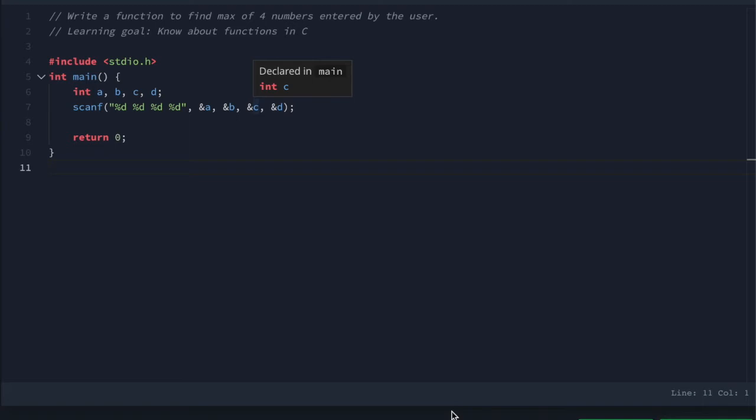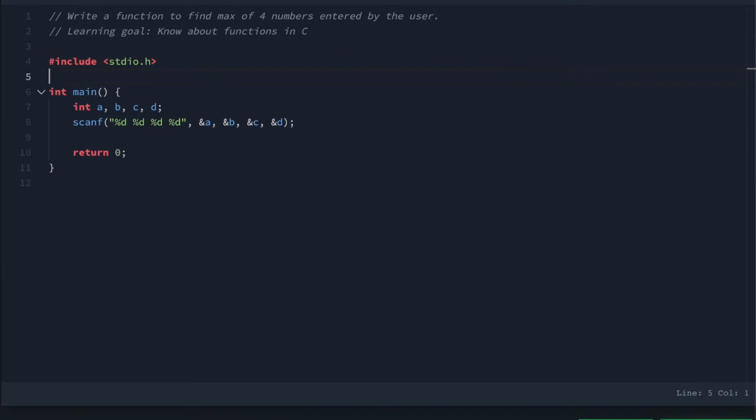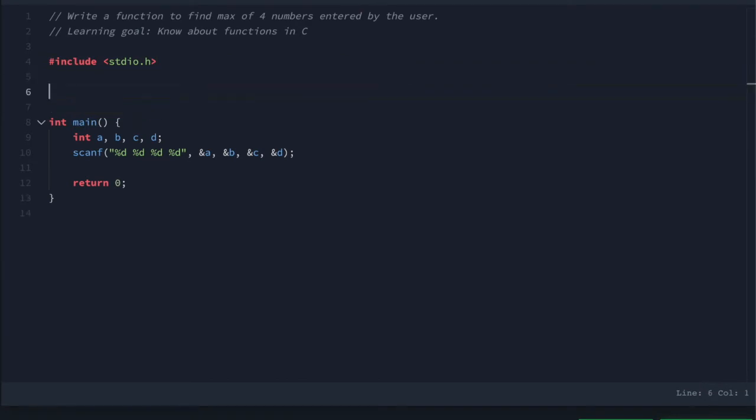So let's go into writing the code, and one after another let's try to understand what functions are, how they are defined, how they are declared, and how they are called from the program. As the problem statement says, you need to write a function to find the max of 4 numbers. The function will obviously return a max number, so that it will be printed in the execution, which we will learn over the course of this video.